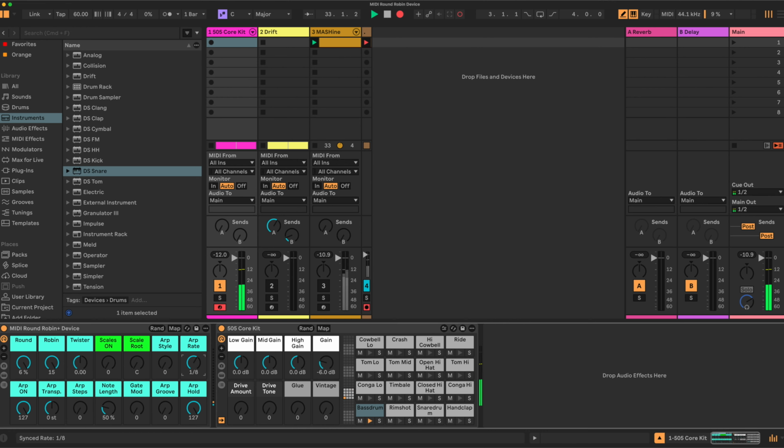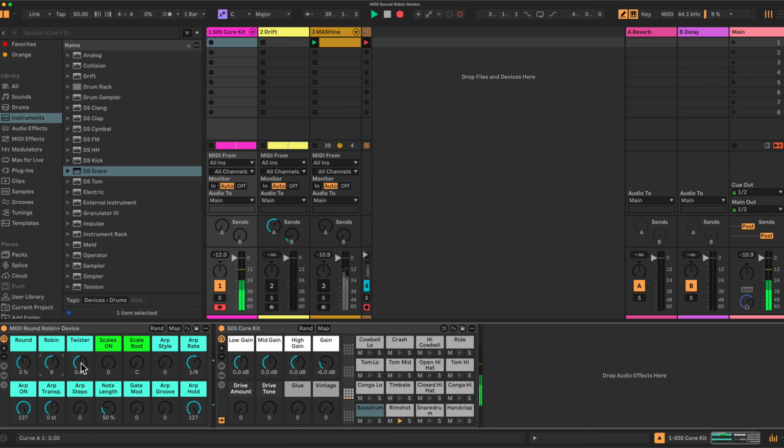It's all synced. I can hold the ARP or turn it off. And I have some various ARP controls here. These are not so relevant on a drum rack, but they're useful on instruments like Drift. Anyway, so I can adjust this